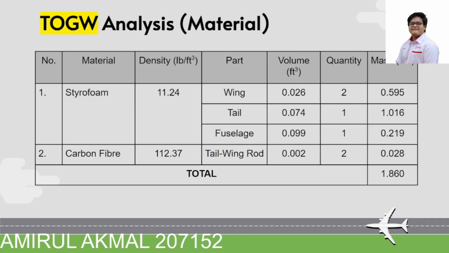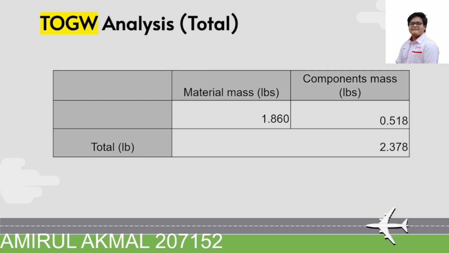The materials that we use for our initial plan are styrofoam and also carbon fiber, where the total mass that we use is around 1.86 pounds. So the total takeoff gross weight for our small fixed wing aircraft will be around 2.278 pounds,